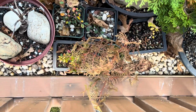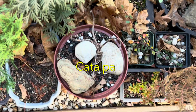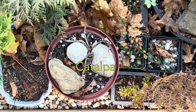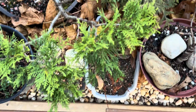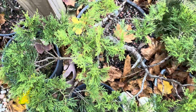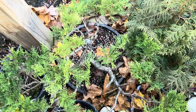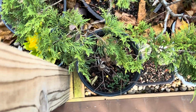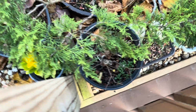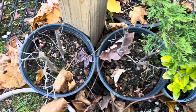Another thuja that I grew from seed. This is, I'll have to come back with the name of this. I always forget. And some cuttings of bald cypress in there. Hope they do all right. This is a golden Chinese juniper, which hasn't been golden since I bought it. Some Zelkova trees. There are 6 of them here that I plan to use as street trees in a penjing if